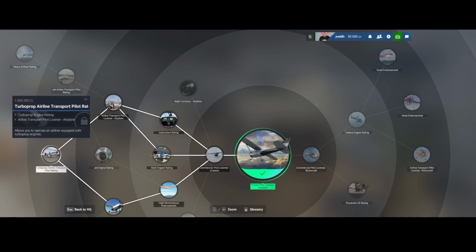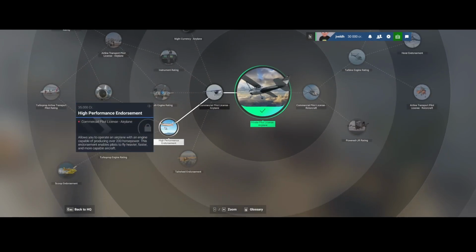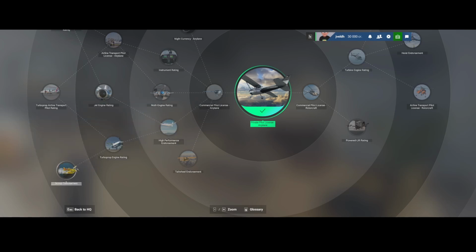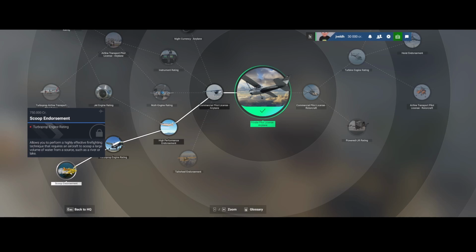allows you also to go to the turboprop airline transport, right? So here you've got the jet airline, but here you also have the turboprop. But a turboprop can also be completed by having the high performance endorsement, then following the turboprop engine rating, and then you can move on to the turboprop airline transport pilot rating. The other option is to move to the scoop endorsement, right? So the highly effective